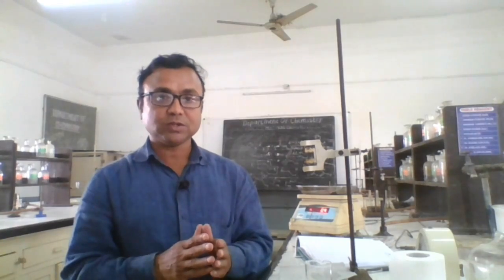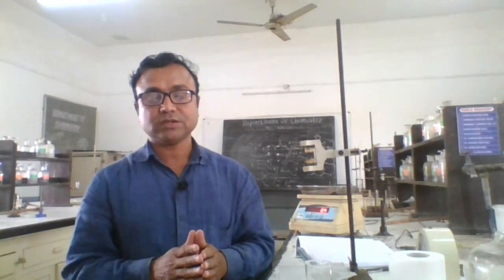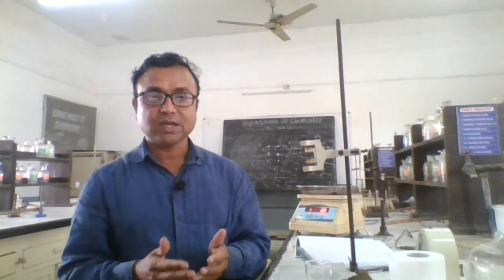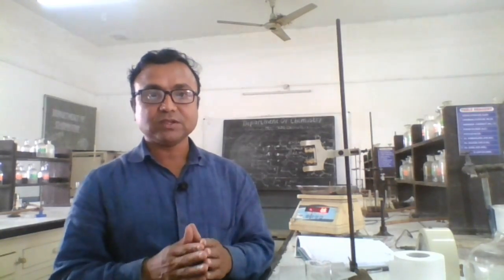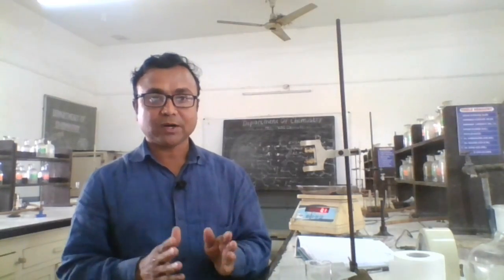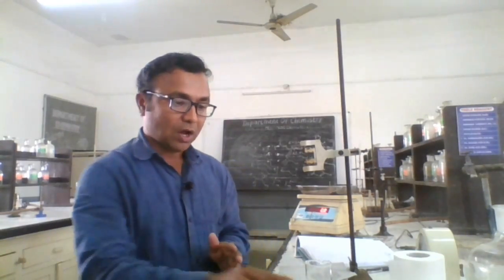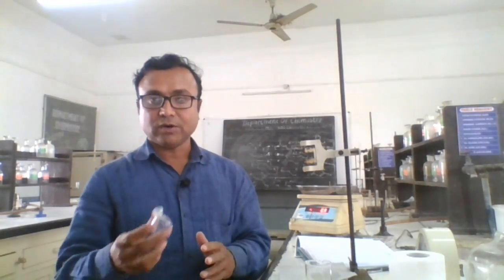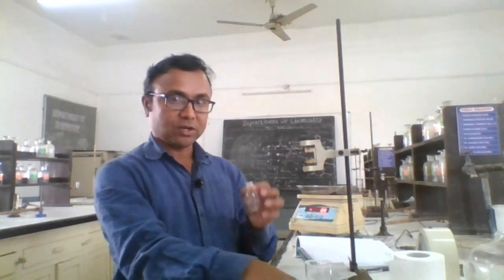It should be washed first with chromic acid solution, then with the given liquids 2-3 times, and then dried by using an organic solvent like ether or acetone, so that the whole apparatus is clean and dry. So all the apparatus are already washed, clean and dry in the laboratory. I am using this density bottle, and this is the knob.